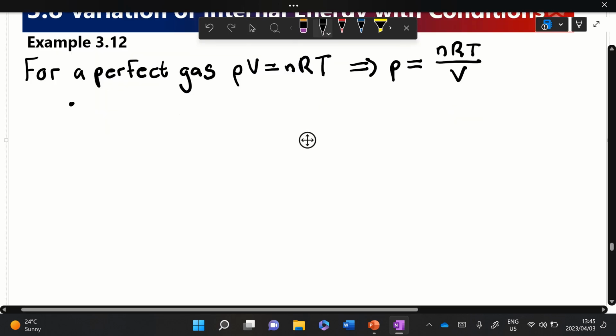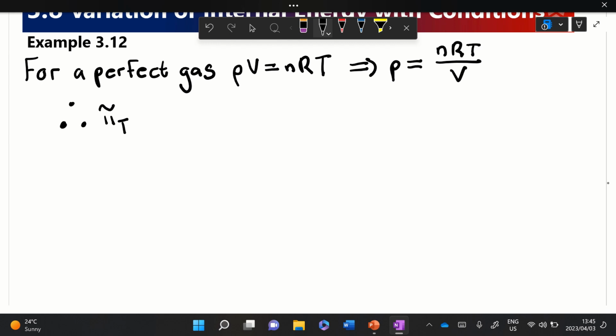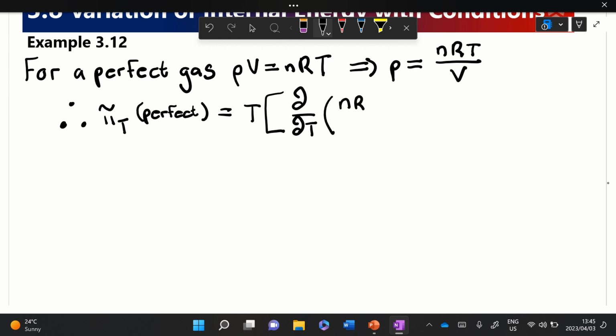So that means that pi_T, let's call it perfect, is equal to T times d/dT. You can technically write just the formal derivatives here, but I'll keep it in the partial notation for now, over V